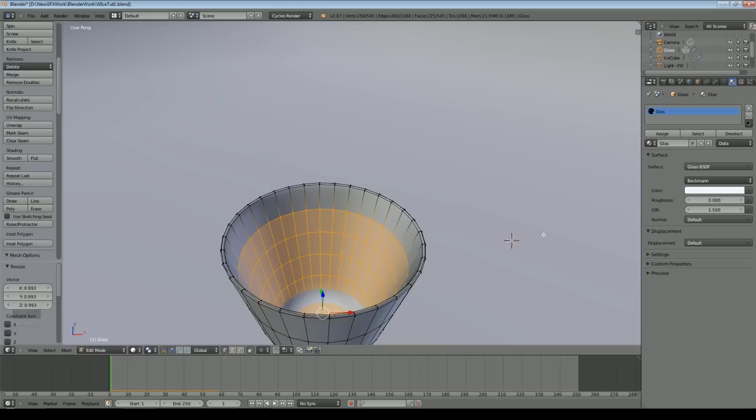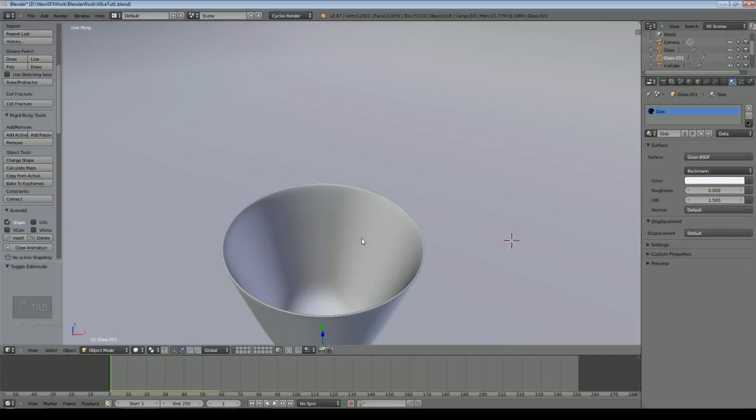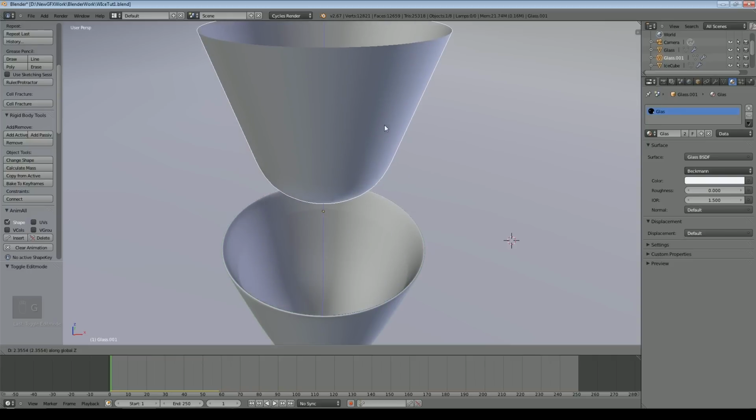Now P to separate by selection, and now if I come out of edit mode I've actually got effectively a duplicate of the inside surface of that glass.